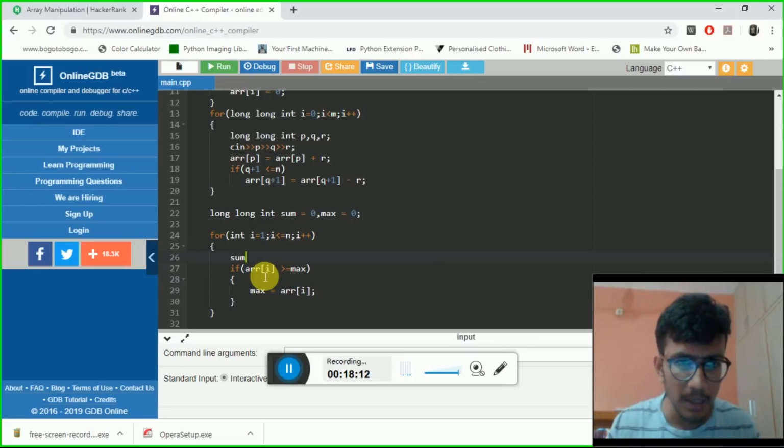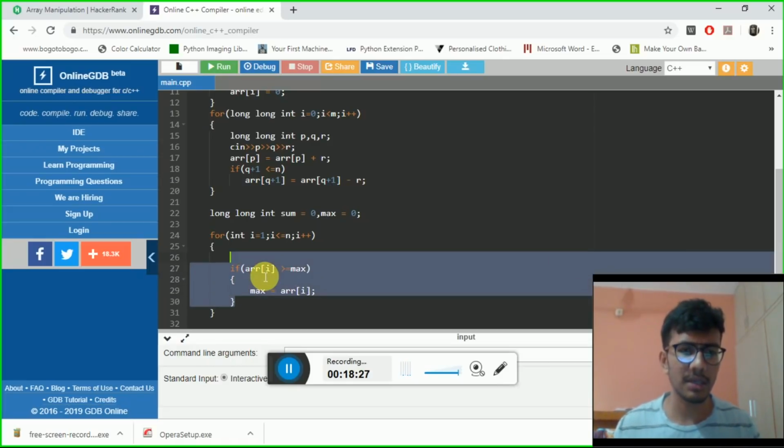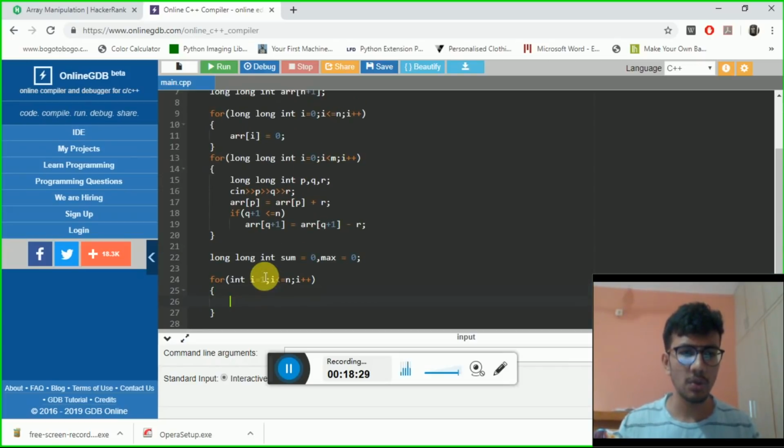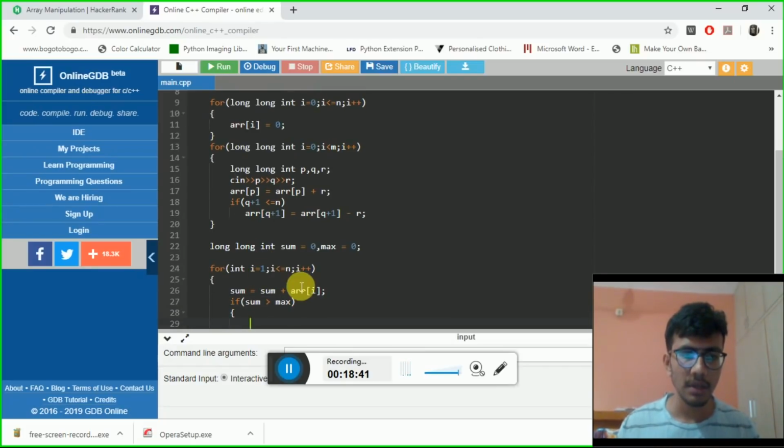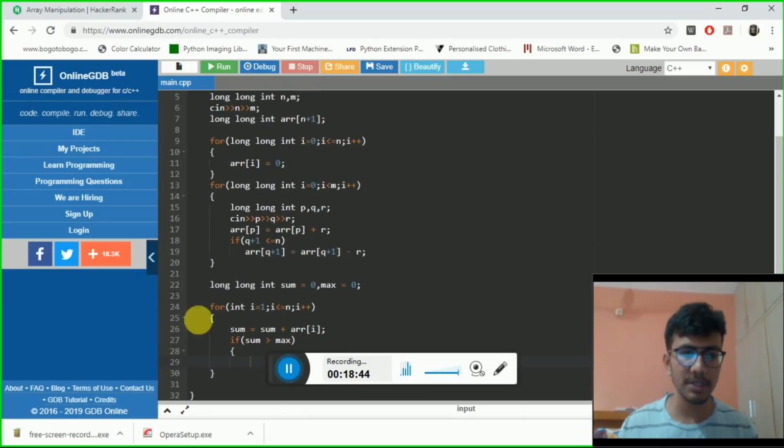So in this case, what I figure out is if ARR is greater than max. Okay, that's cool. Just a sec, this is not needed. What I can do is sum equal to sum plus ARR of I, and if my sum is greater than max,